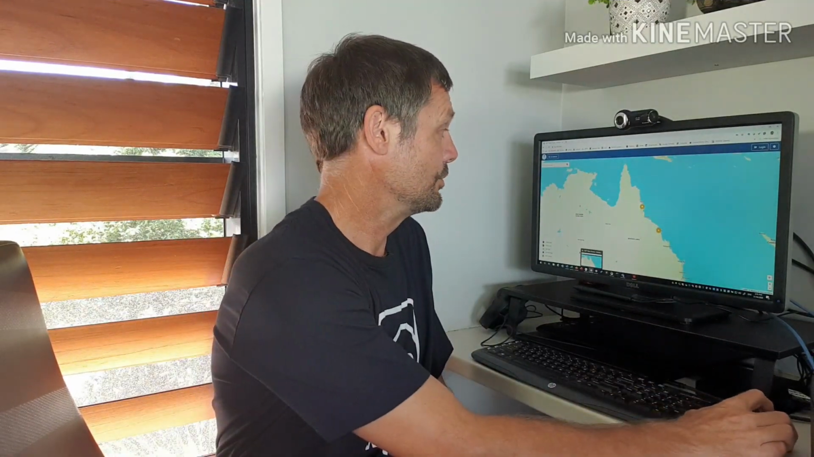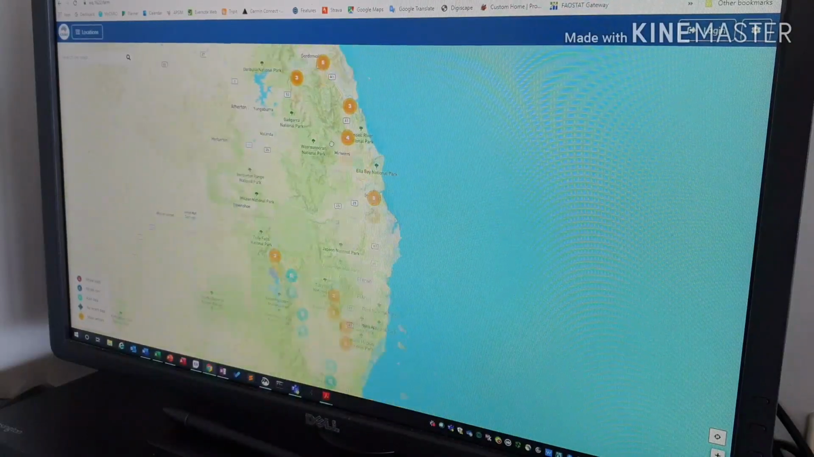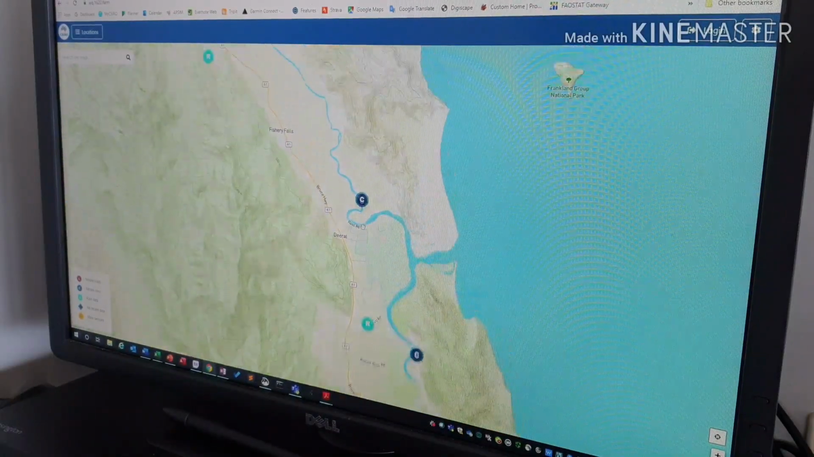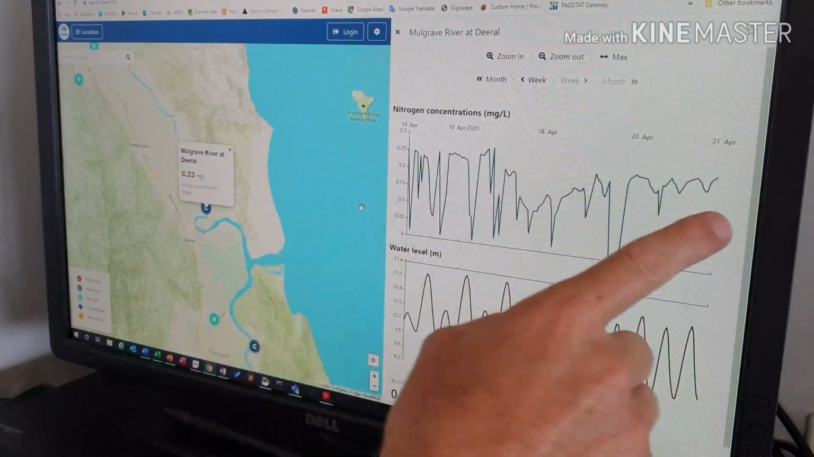So I'd like to show a few observations from the 2019/20 wet season and have a look at how some of the data that comes from the nitrate sensors can be turned into information that we might find useful. So if we zoom into Mulgrave, on the Mulgrave River nitrate sensor, and we click on the icon here, we can see the trace of nitrate,